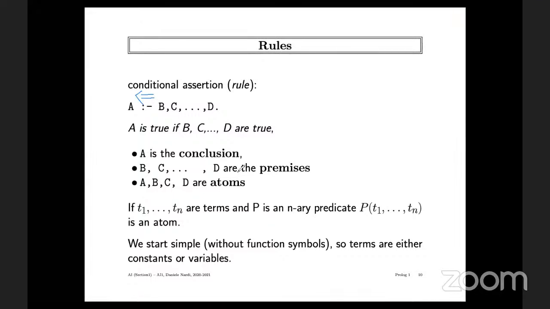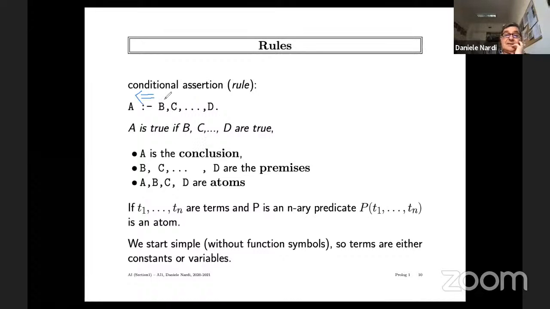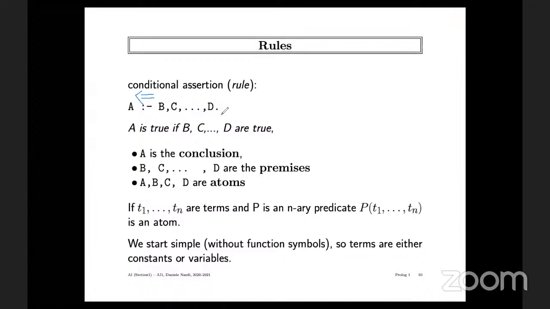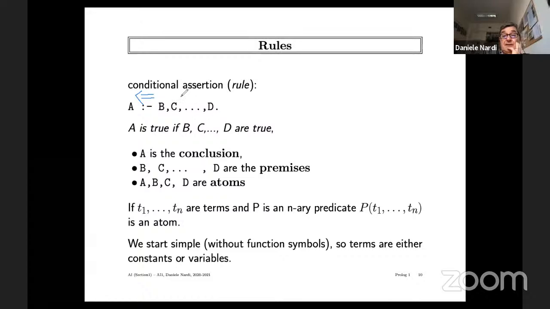Commas are standing for "and". Yes, but you can see them again as a set, or in this particular case, the set is interpreted as a conjunction. Okay. So remember that the first definition of Horn clauses was with the